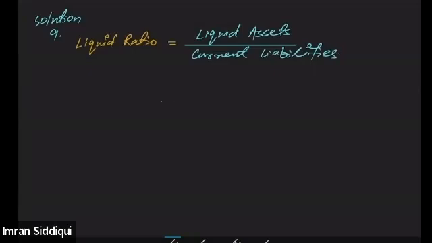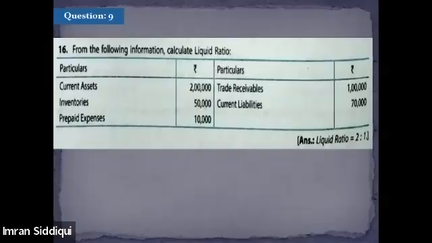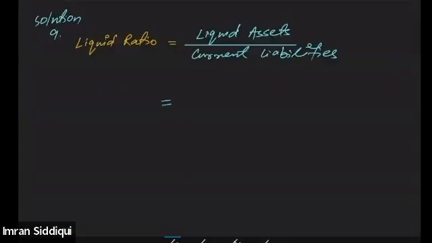All right. Now let's find out what is given in the question. See, we have current asset, inventory, prepaid expenses, trade receivable, and current liabilities given. So that means current liability is already there in the question, 70,000,